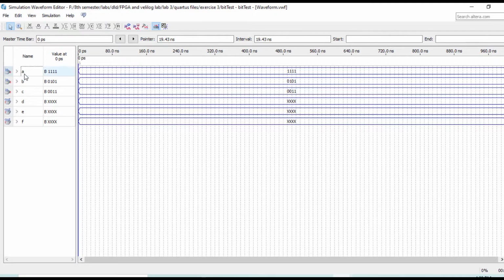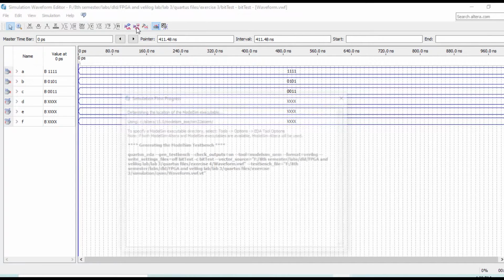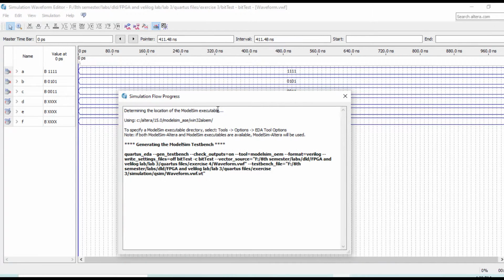Here you can see the values of A, B, C and D, and now I execute this waveform. It's time to execute this waveform. Just run.